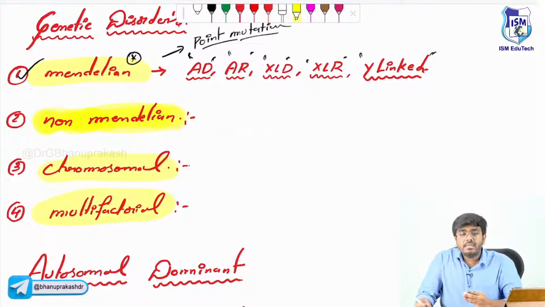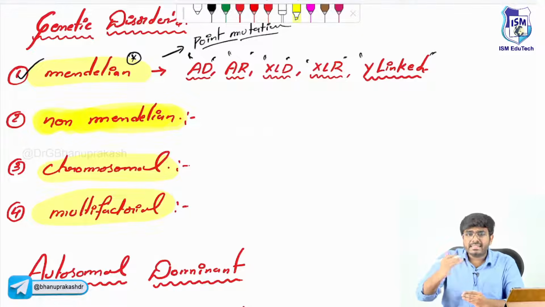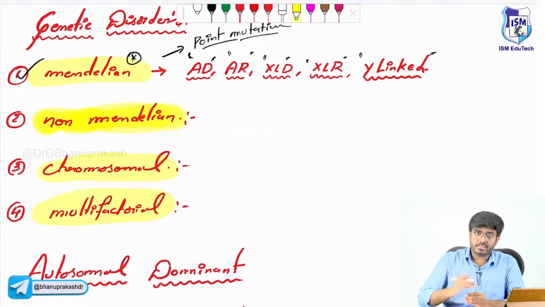Multifactorial disorders means there are diseases which do not depend just on the genes. They are dependent on multiple factors. For example, hypertension. See, hypertension is not only dependent on genes but also on other factors like,